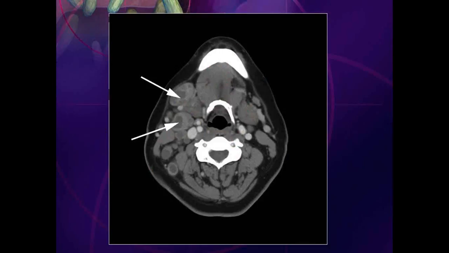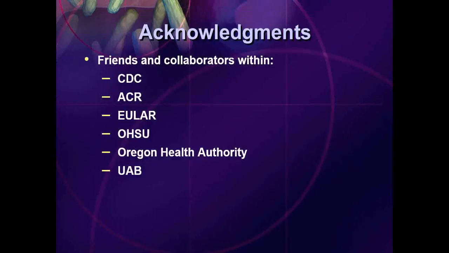Three months later, after her biopsy of her nasolacrimal duct showing granulomatous inflammation, she developed these two necrotic lymph nodes just below that duct in her neck, and these were biopsied and found to have TB. So she had reactivated TB in her nasolacrimal duct. It had drained into her regional lymph nodes, and she had scrofula diagnosed, and she was treated for 6 months and did great. So that's probably it in terms of my overview of extrapulmonary TB,